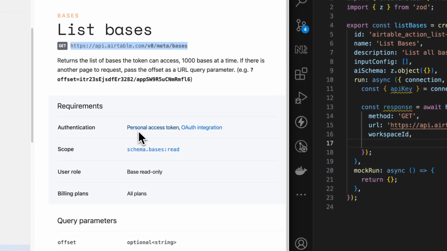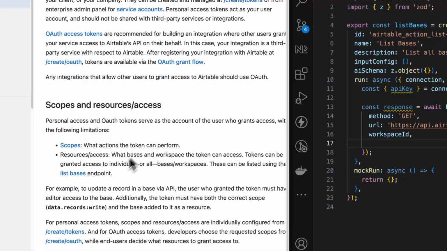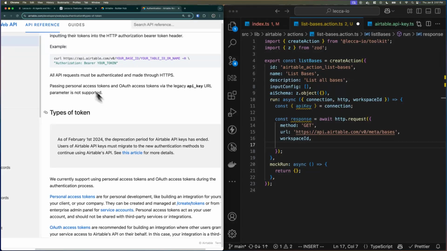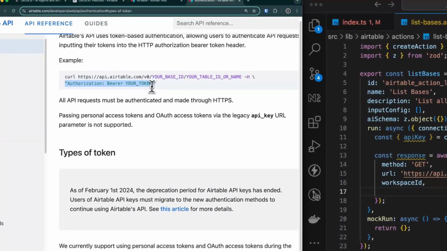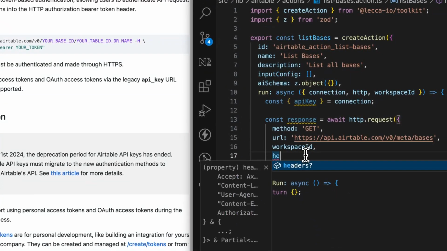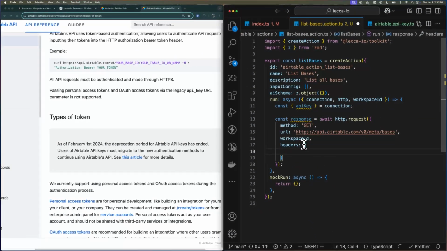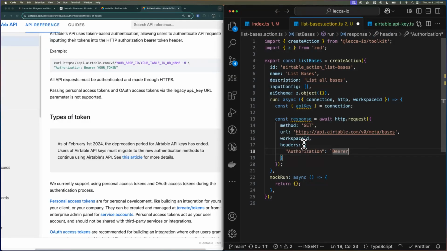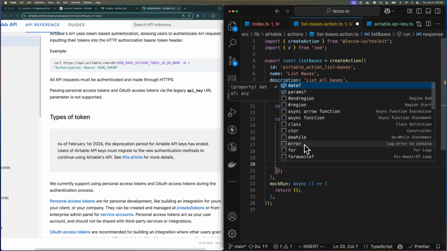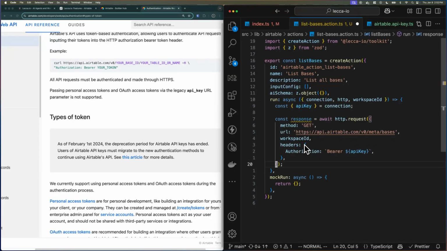If we look at the docs here, for the personal access token, you need to pass it. Oh, it doesn't tell us how to pass. Oh, yeah, it does. So you need to pass it in as a header, as authorization bearer, and then the token. So we're going to do headers authorization, then we're going to do bearer, and then we're going to put the API key in right there. And let's just try this out for now. So we'll return